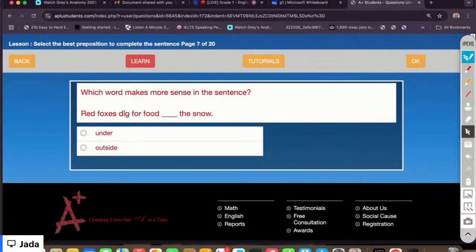Okay, red foxes dig for food dash the snow. So is it under the snow or outside the snow? Are they digging for food under the snow or outside the snow? What do you think would be the right answer here? So is it outside or under? What is the right one? Outside or under? So we can say,